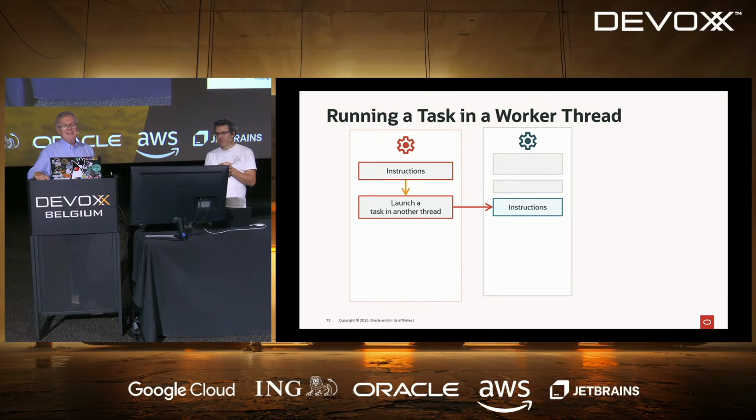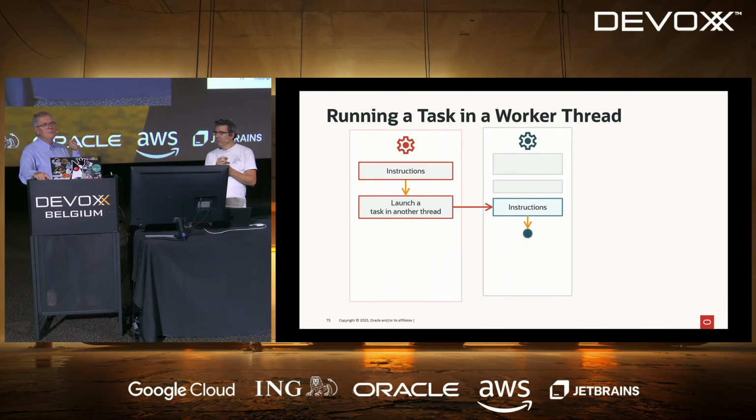Okay. And that is seeing this task that is coming from the main thread. But actually it doesn't know that this task is coming from the main thread. And this is why you lose. This is what we lost: the stack trace, the proper stack trace. And at some point, this instruction will come to an end. The result will be made available from the main thread, but all the context is lost.